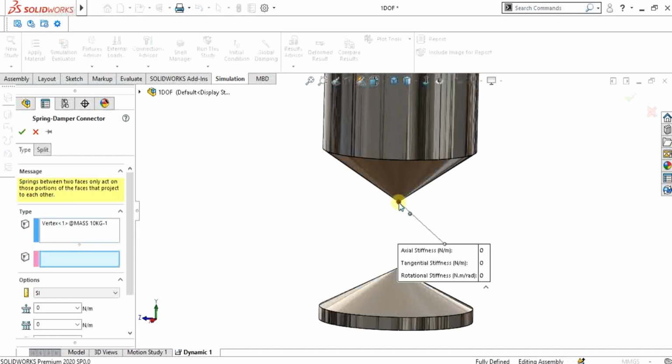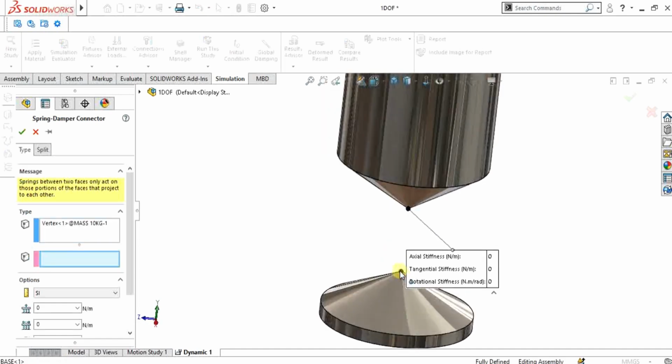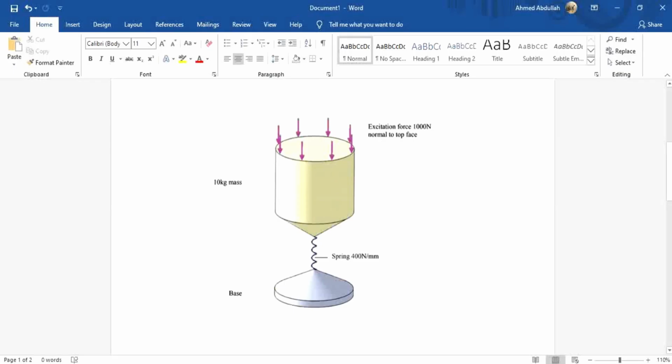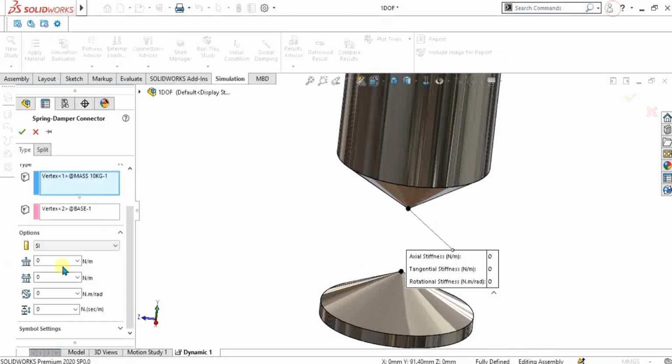Again, select this vertex and this vertex to make the spring. We have a spring stiffness value of 400 Newton per millimeter, and we will convert it to Newton per meter. It is 4 lakh. Now we are going to apply the damping coefficient, which is 200.